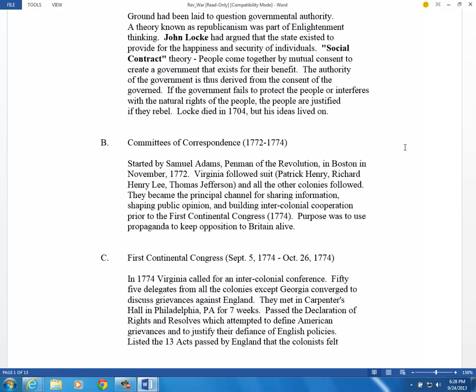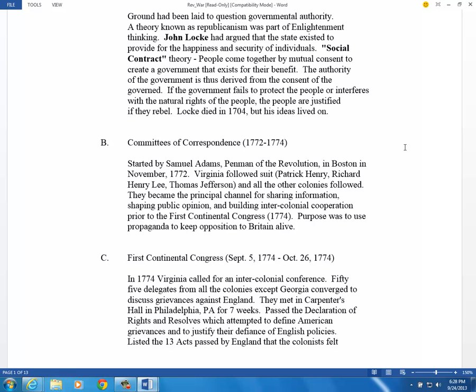Minor victories. We ended up losing Trenton and Princeton again shortly thereafter. But the fact that Washington was able to outsmart the British and the British mercenaries by crossing back over the Delaware, attacking those two places, and actually having a victory,